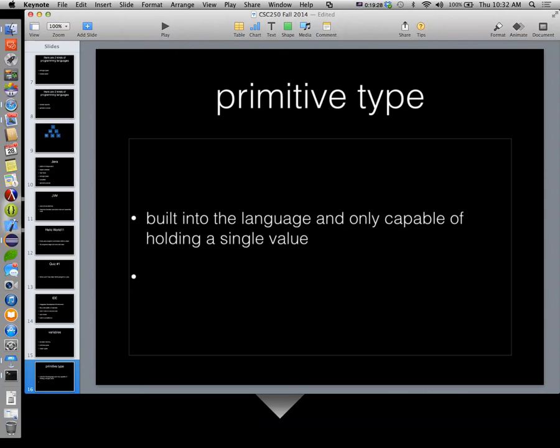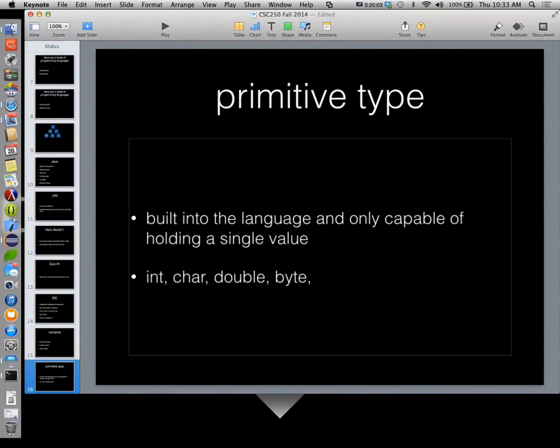Anybody remember what the primitive types are in C-based languages? Go ahead. Integer, string. Not string. Int, char. Double. I like your complete arbitrary order here. I know I'm spacing out. Can't think of other ones.